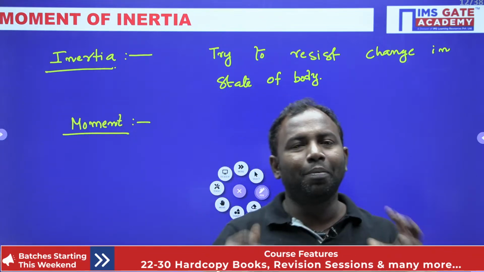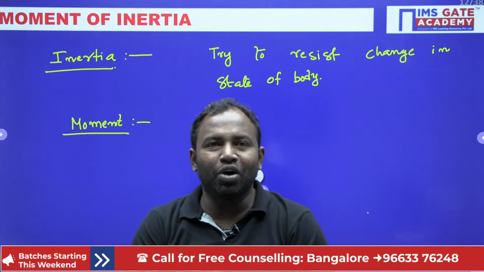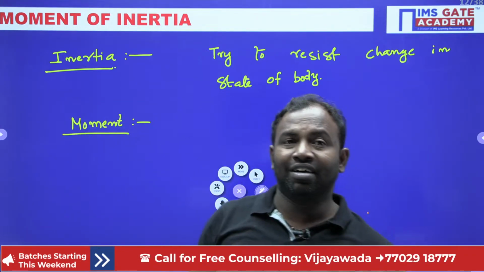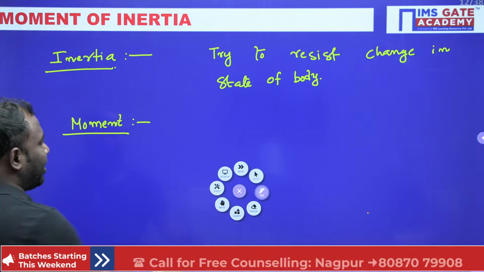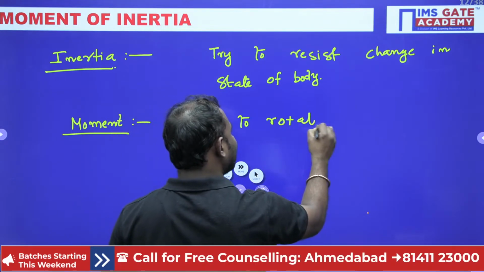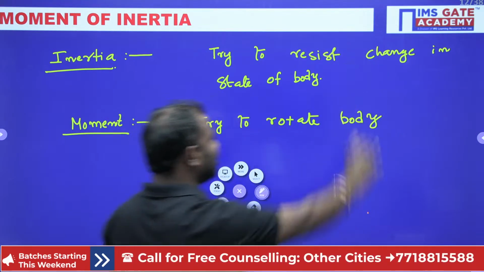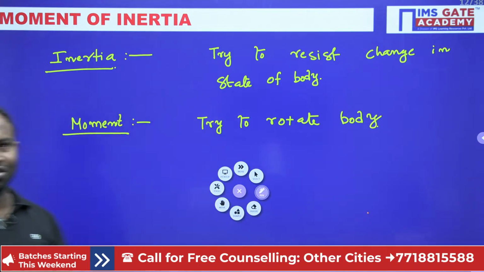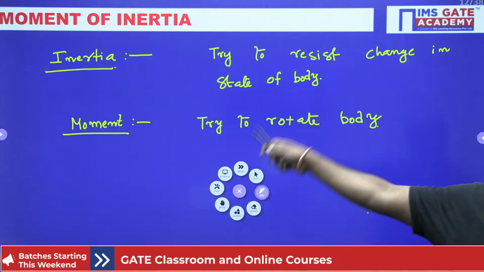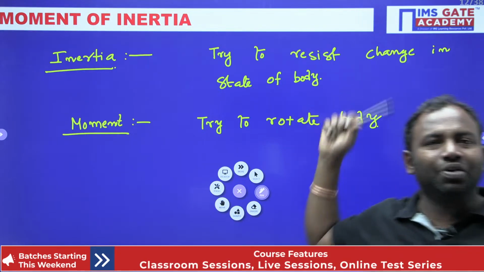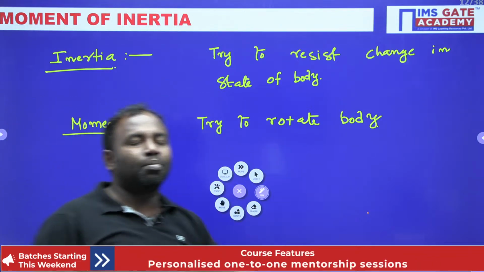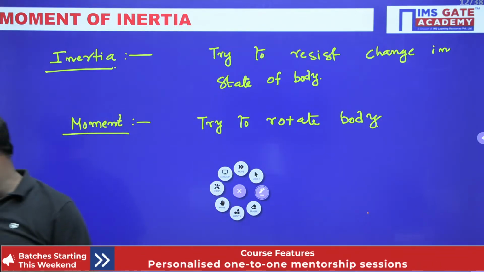What is moment? Moment is trying to rotate the body. Whenever you apply a force and you fix a point, about that point this force tries to rotate the body, right? Now moment tries to rotate the body under the action of force. Inertia is the property which resists the change in state of body. So by clubbing these two statements we develop the statement of moment of inertia. So the moment of inertia definition is